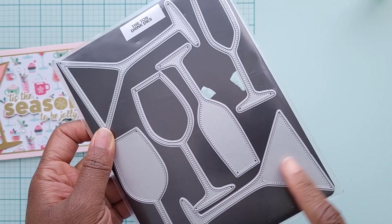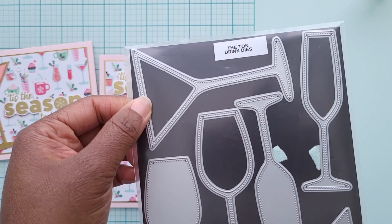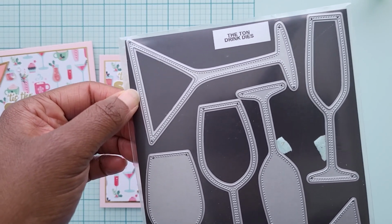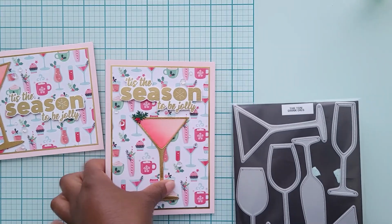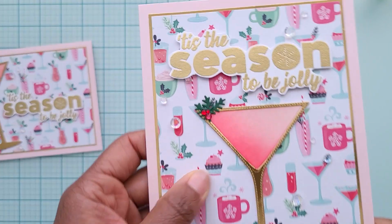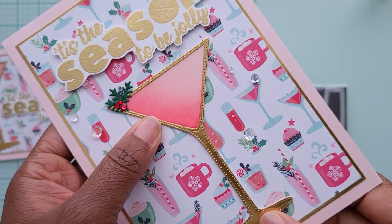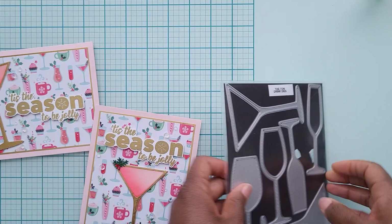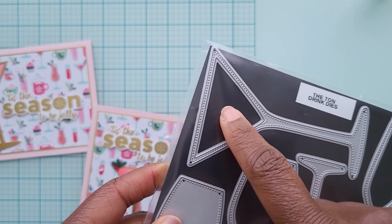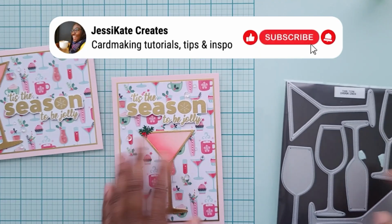So I cut a couple layers of the backing piece out of white cardstock. And then I also cut the detailed piece out of gold and out of white. With the gold layer, I just layered it on top of the backing pieces, so it would have a pretty gold glass. And I also cut this out of white because it cuts out this little triangle in the middle. And I took that and did ink blending on it for the drink inside the glass,